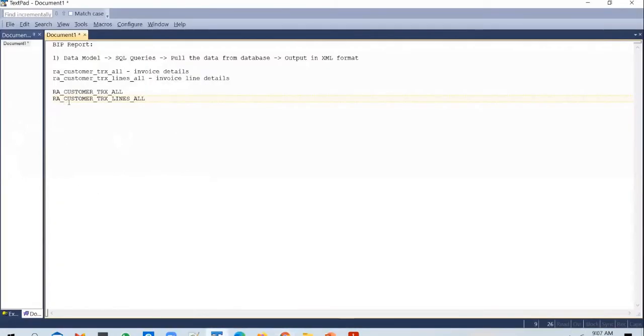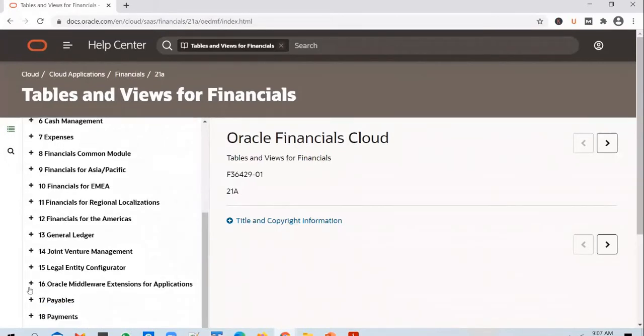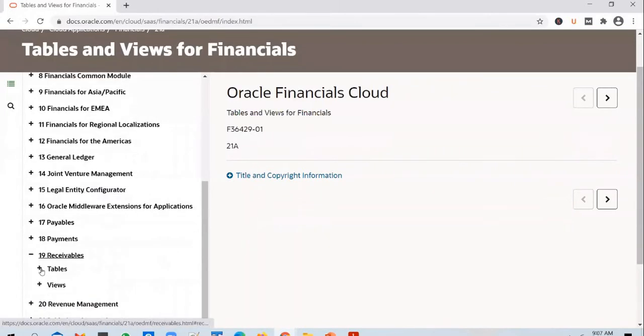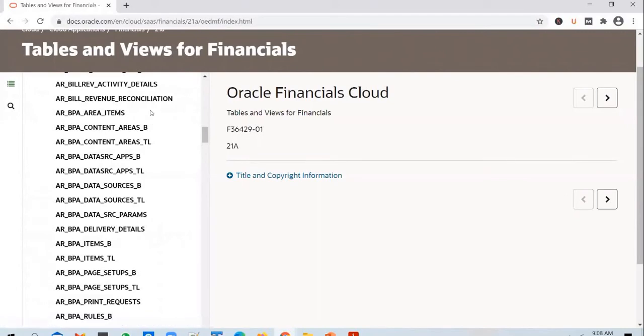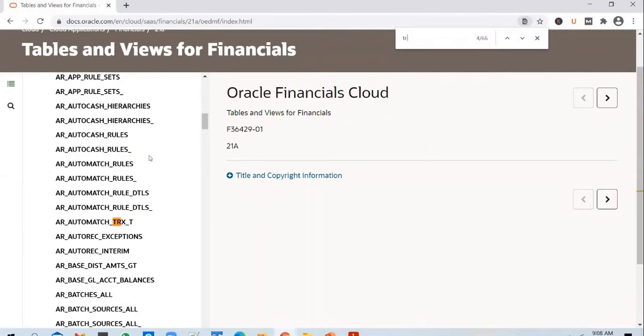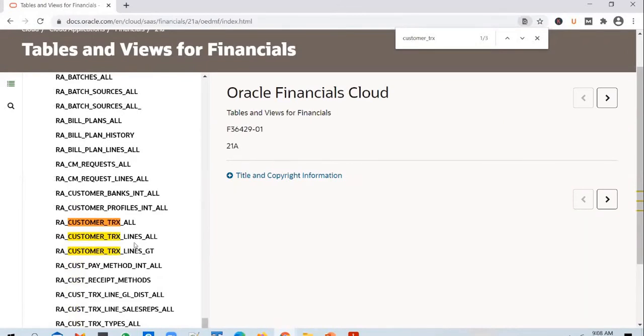So what I recommend is to do a Google search and try to get some hints from there. And if you get, say, 3 or 4 tables and you don't know which one of them is right, you can go into the documentation after that. In the documentation, you go into receivables and you go into tables. If you scroll down, you will be able to see all the tables in there. It is impossible to go through each one of them to figure out what table might contain the information. So you might search with some keywords like transaction, right? Or you might search with something like customer or customer_TRX. And when you do that, you get a few hits.